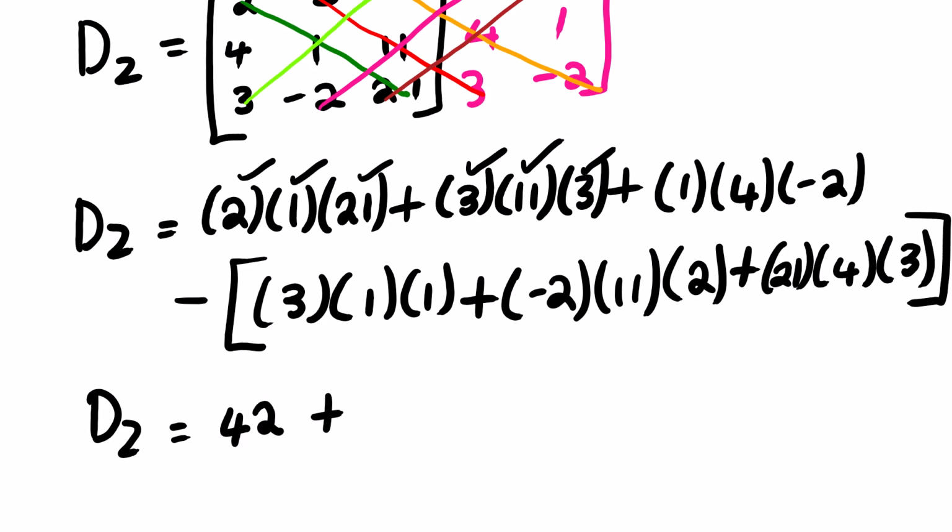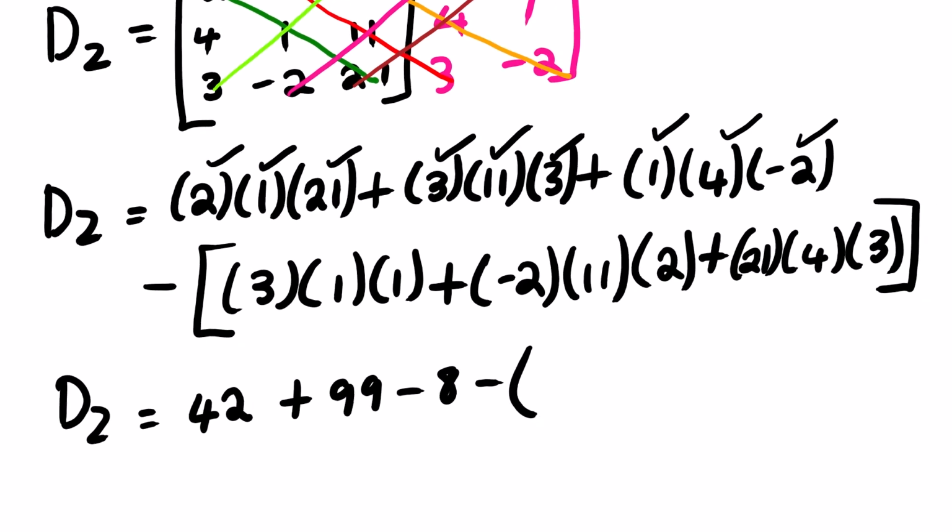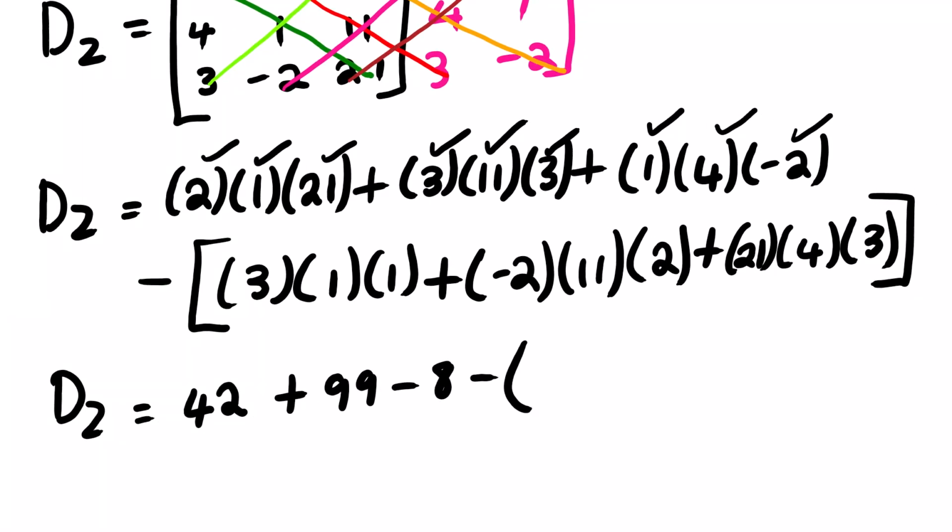The answer is 99. 1 multiplied by 4 multiplied by negative 2. It's negative 8 minus 3 multiplied by 1 multiplied by 1. It's simply 3 plus,